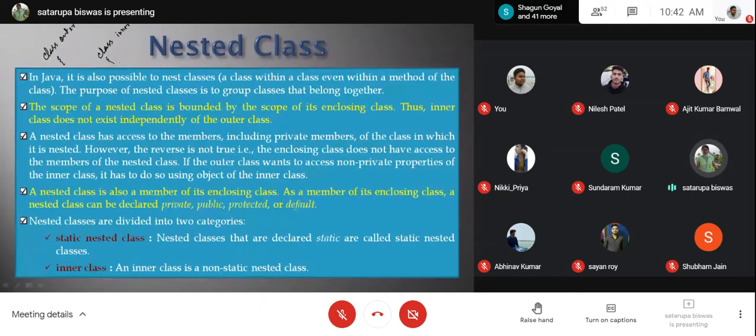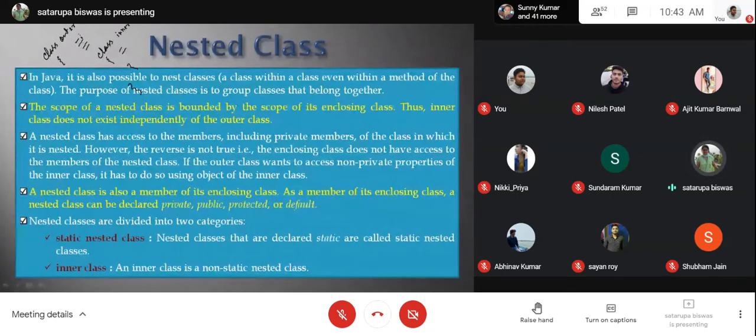Okay, the inner class has its own members, its own variables and methods, and the outer class also has something like this. So this inner class is actually behaving like a member of the outer class, and as happens for the other types of members of the outer class, the inner class cannot exist without the help of the outer class.